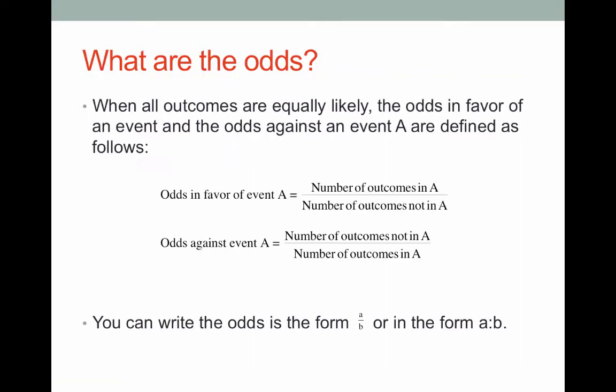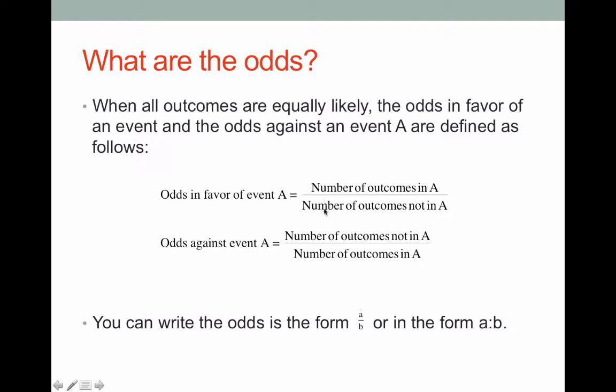Welcome back. Now we're going to talk about odds. Many times people think odds and probability are synonymous. They're not. They're related, but they're not synonymous. So when all outcomes are equally likely, the odds in favor of an event and the odds against an event are defined as follows. So odds in favor of an event A is the ratio of the number of outcomes in A